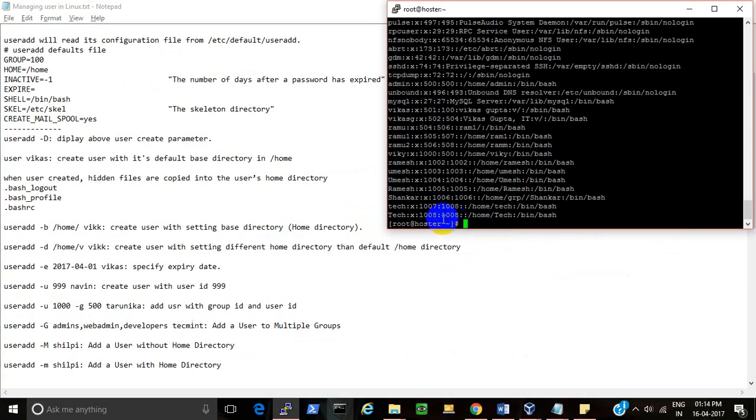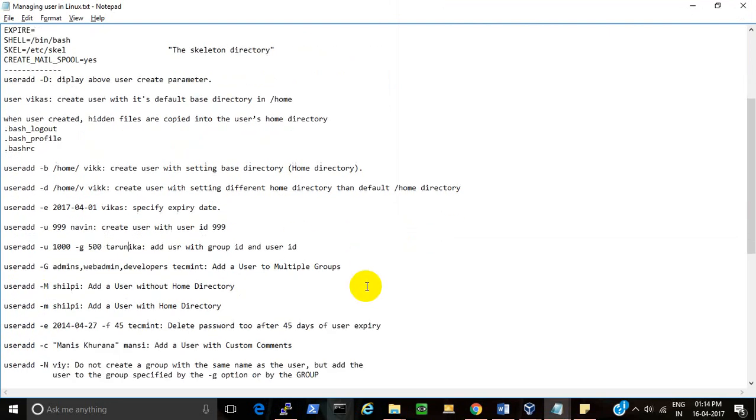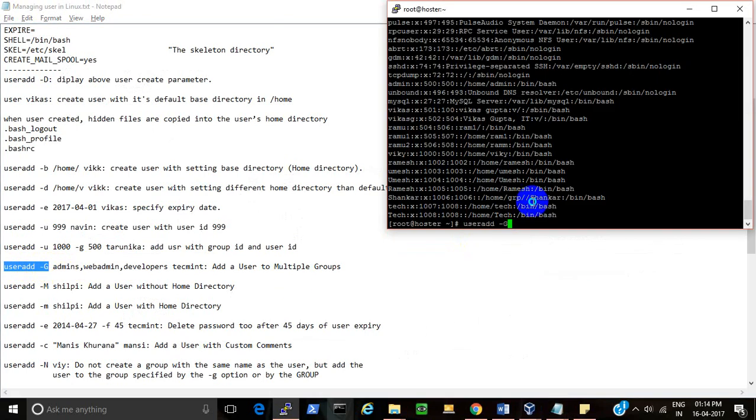By default, if you are not defining the group id while creating the user, both user id and group id will be the same. If you want to make both different, you can use this command: -u user id, -g group id, and the username. Useradd -G, this command is used to include a user into other groups,